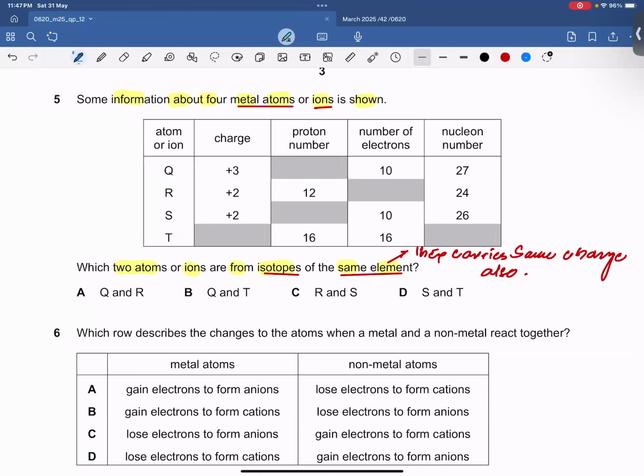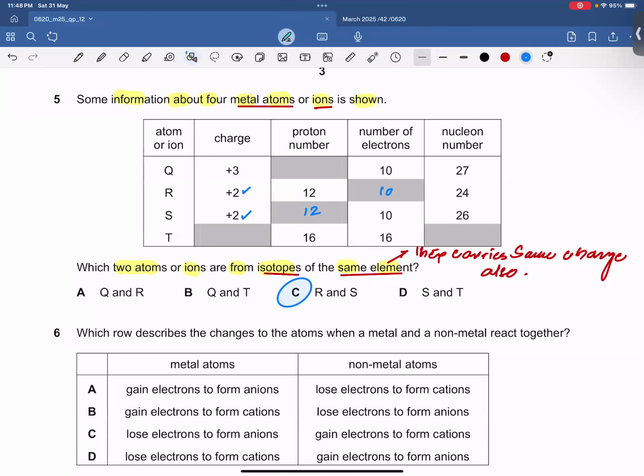So same charge, see where it is, this is the same charge. That means R and S are the isotopes of the same element because both of them have the same number of protons but a different number of neutrons. All right, so the same number of protons and different number of neutrons. So I believe R and S is going to be the right answer, because R and S have the same charge,